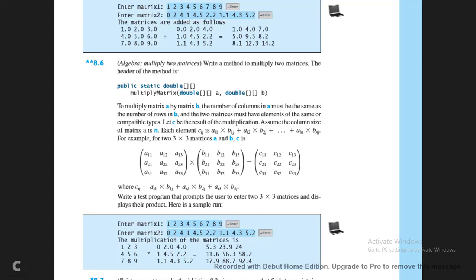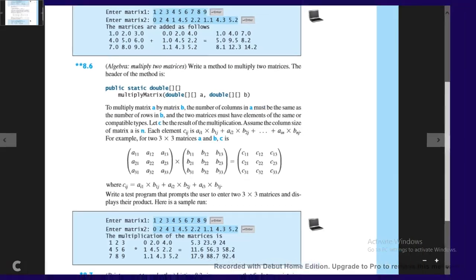Okay, so let C be the result of the multiplication. Assume the column size of matrix A is n. Each element C_ij is given by that. For example, for two matrices